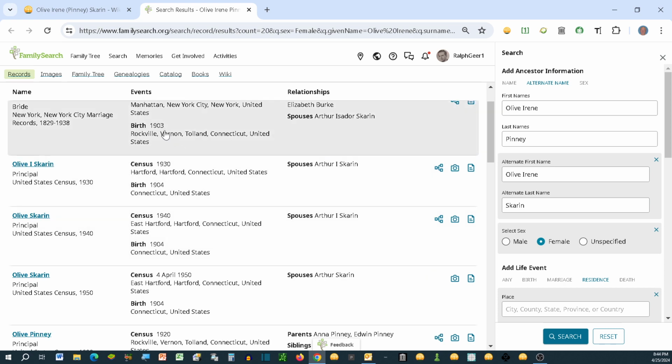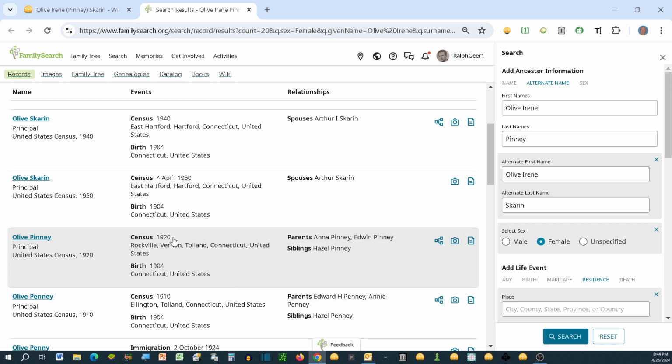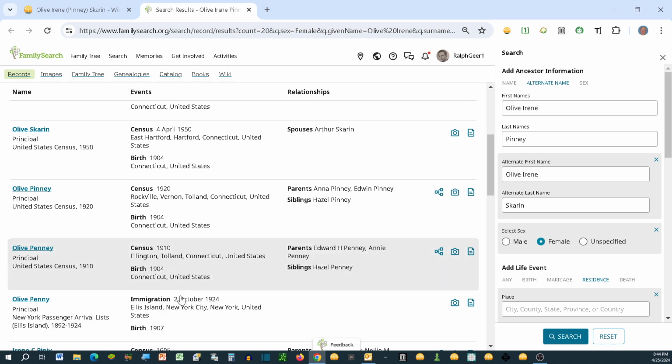She was born in 1903, so theoretically we could get the census for 1910, 1920, but here I see 30, 40, and 50. Oh, here's 20 down here, and here's 1910. Okay, so we can get 5 of these: 10, 20, 30, 40, and 50. So we'll start with the earliest one first